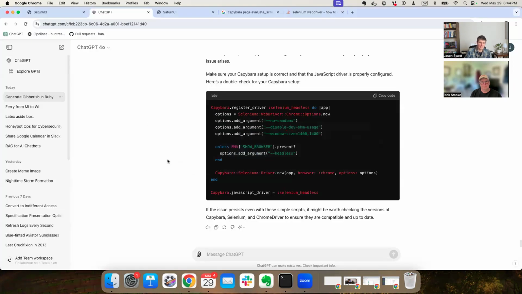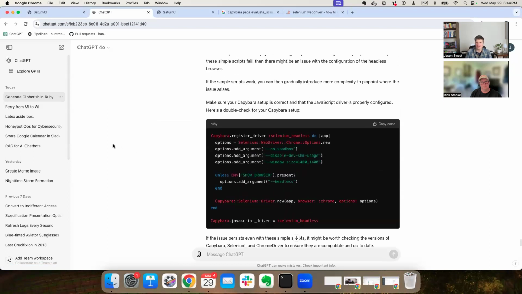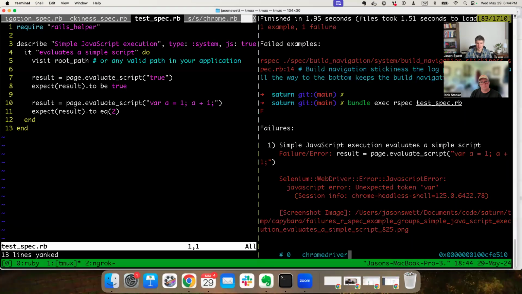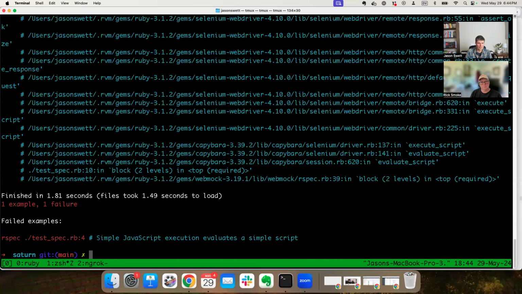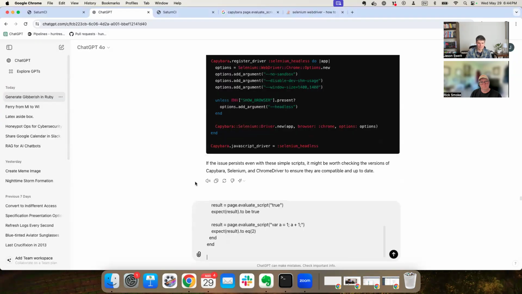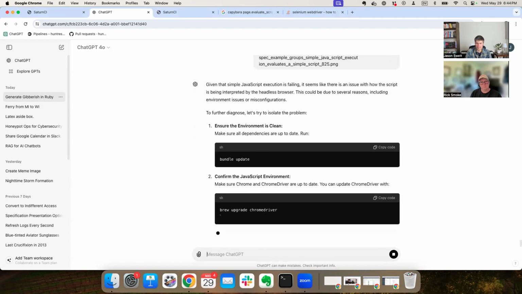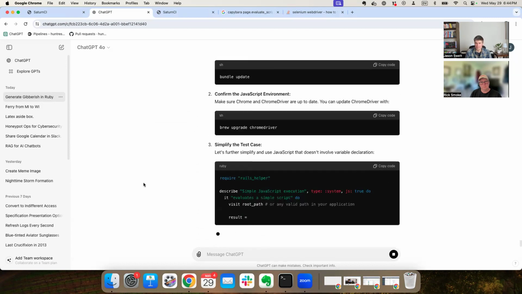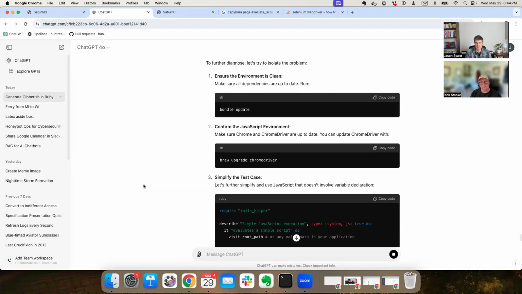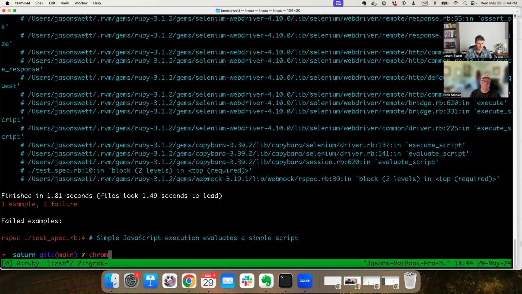I will tell it about this. Oh, and is it telling me? Yeah, I don't know. This looks like the same. Hmm. Okay, it thinks it could be a Chrome driver issue. I guess maybe. Let's see, Chrome driver